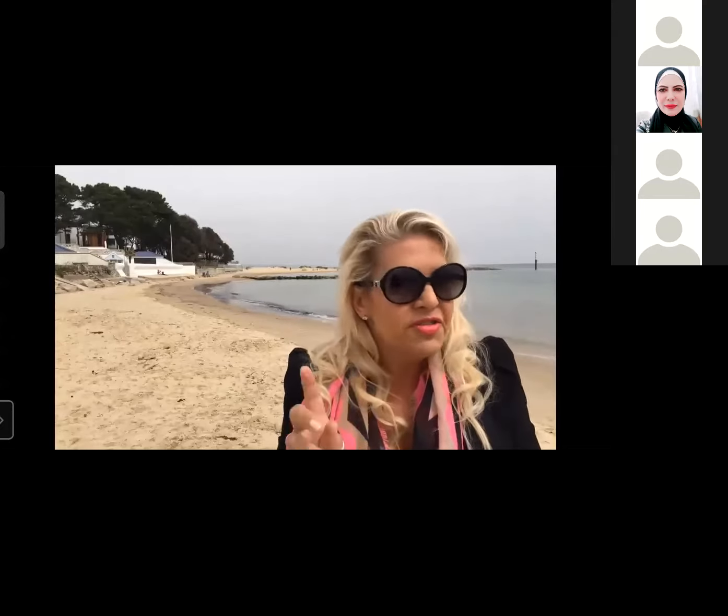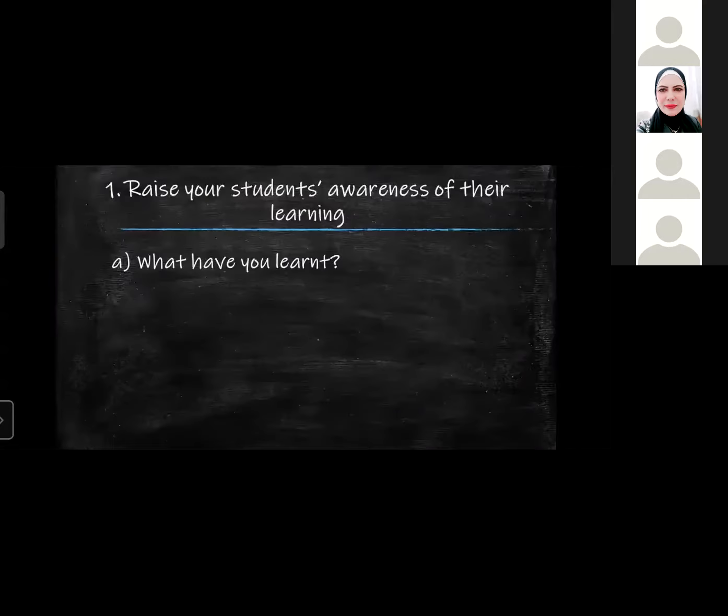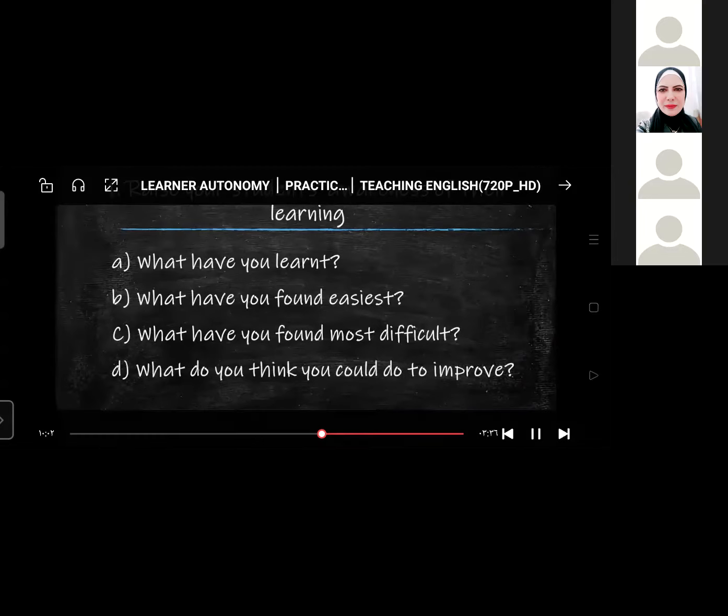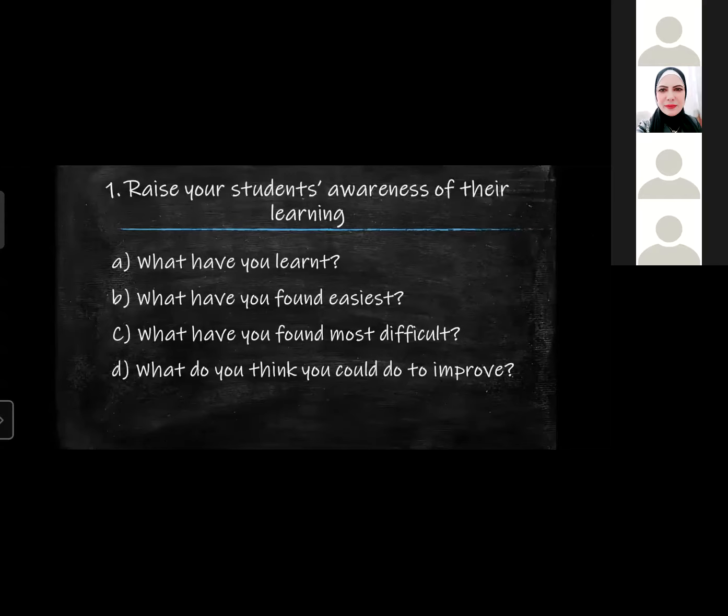How do you do this? Well, every lesson or every week, whatever is right for you and your class, get your students to write down the answers to these questions. What have you learnt? What have you found easiest? What have you found most difficult? What do you think you could do to improve? And we do something like this in our sessions, my dear friends. Do you know what it is? In a very few words,